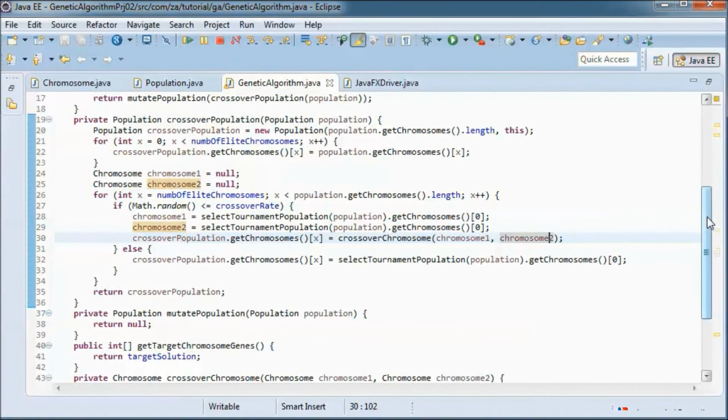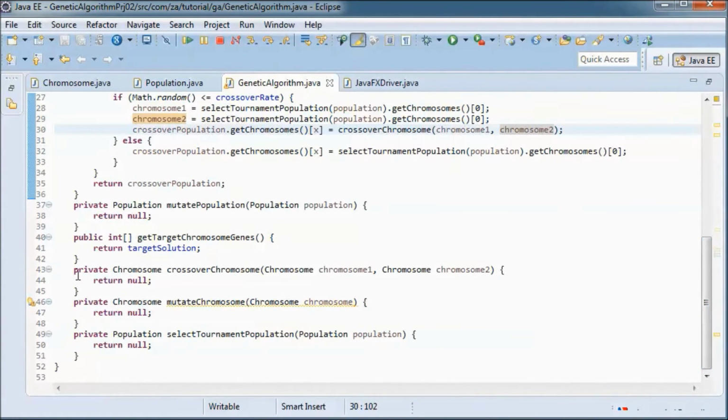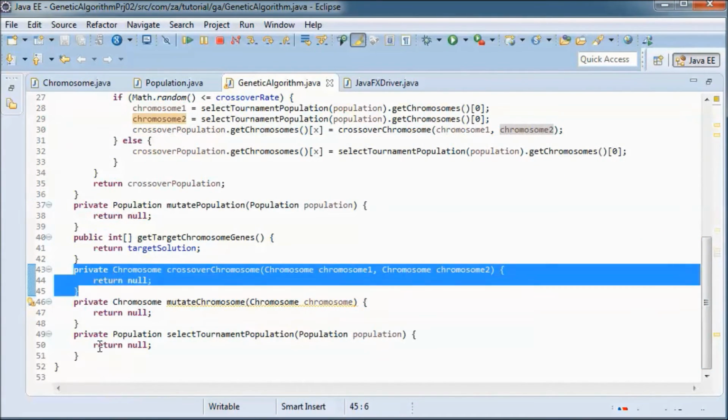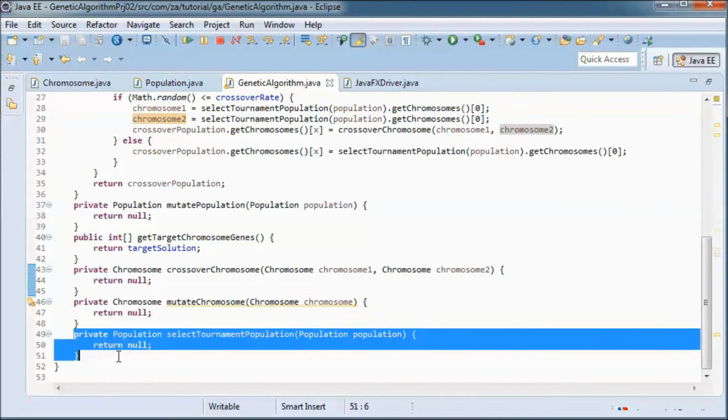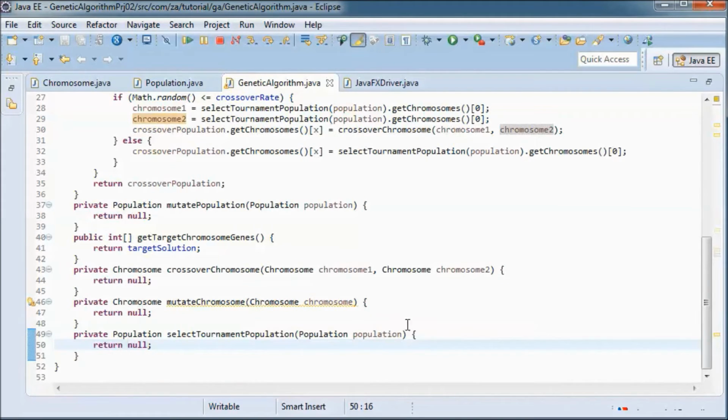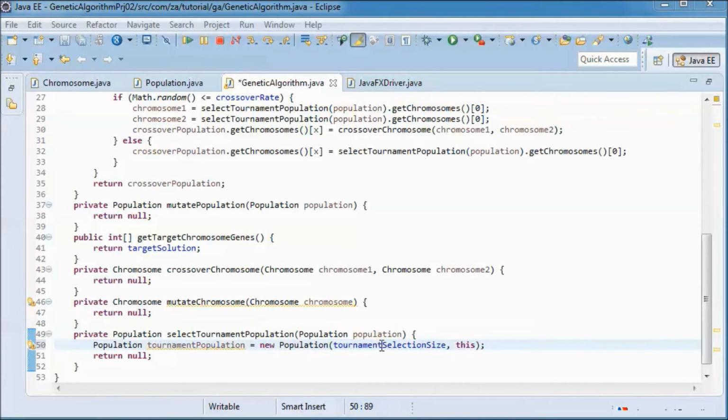Next, let's code those two methods, this one and this one, since we just mentioned them. So we'll instantiate a new population with the size being the tournament selection size from the UI, and we will end up returning this population.